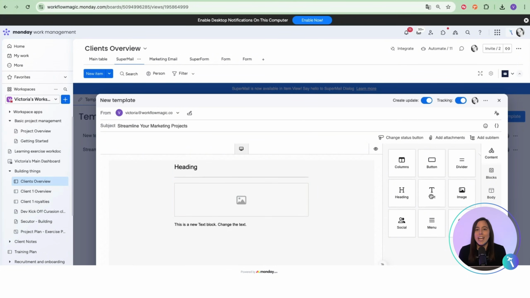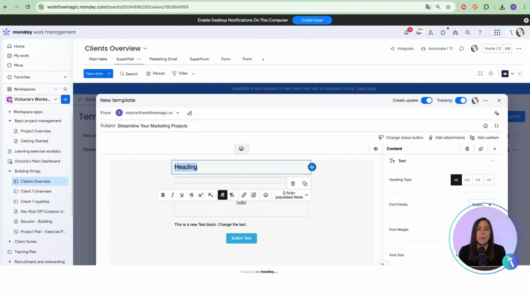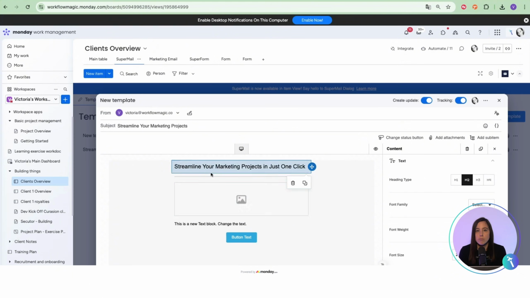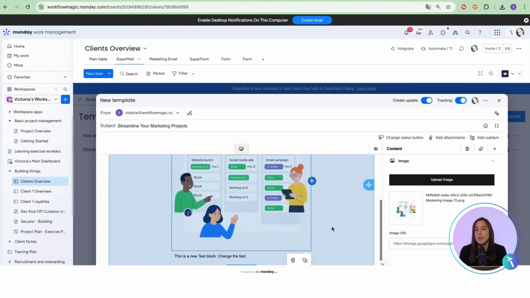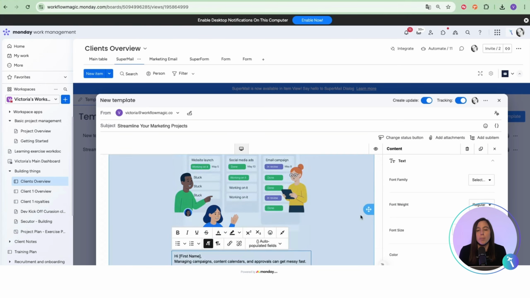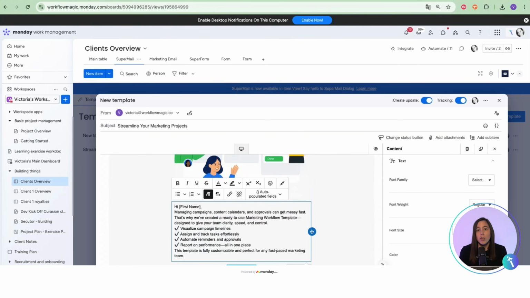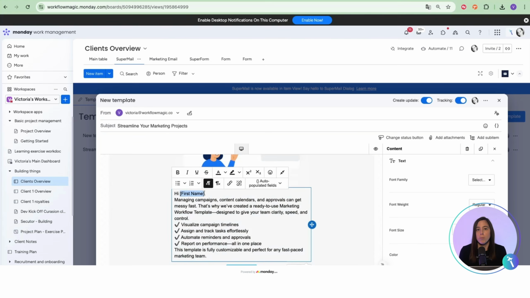You can drag in headers, dividers, images, text blocks, and even a call to action button. You can fill in each section with your content and adjust styling to match your brand. For an example, I'll add a subject line, drop in a header, upload an image, and paste in some personalized text. You can even map in fields from your board, like first name or company, so each email feels custom